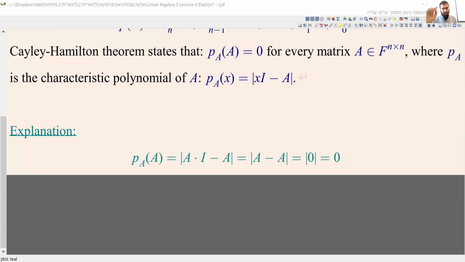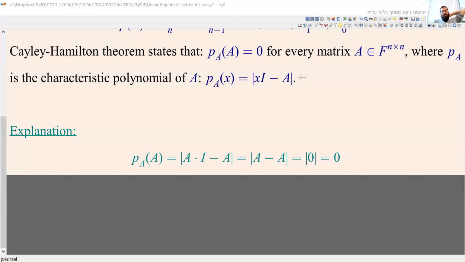Seems to make sense, right? But when we look at the characteristic polynomial explicitly, it's not that easily shown that when we put A in it, we just get 0. And I want to show you an example of what Cayley-Hamilton is good for,